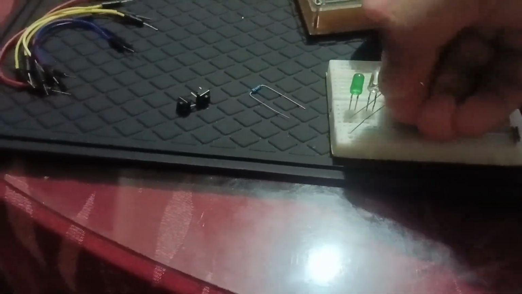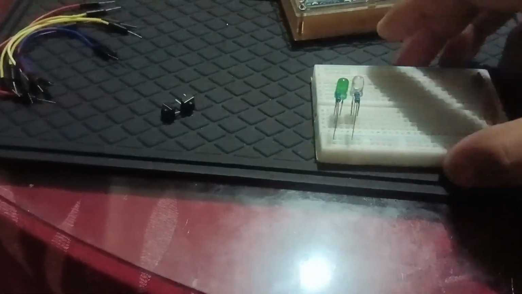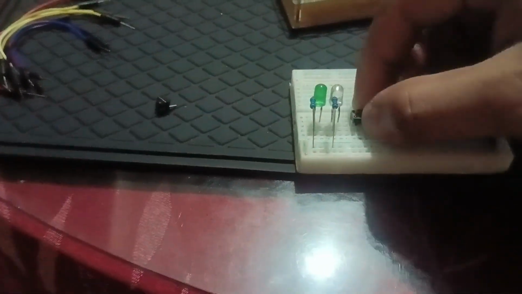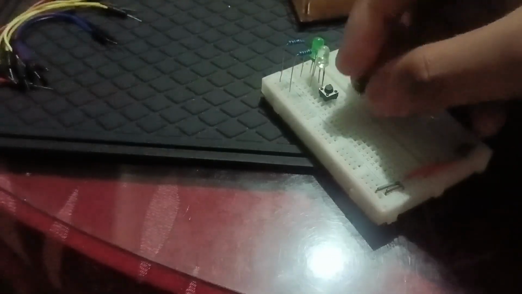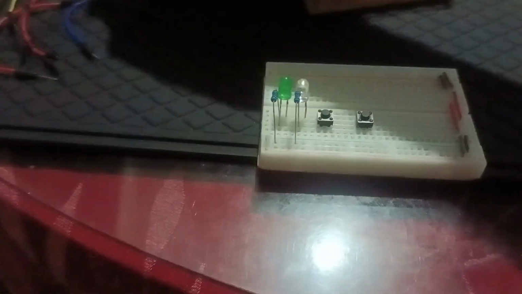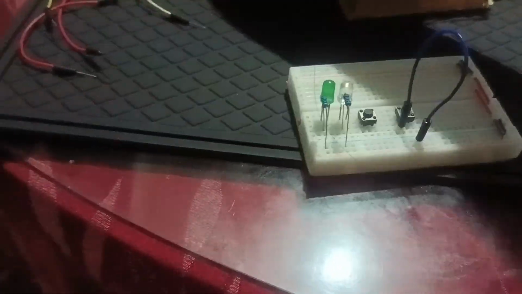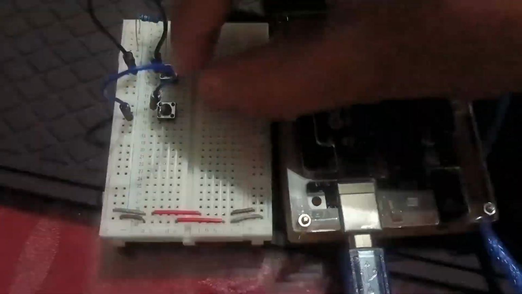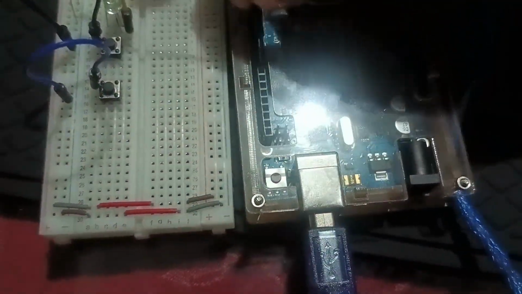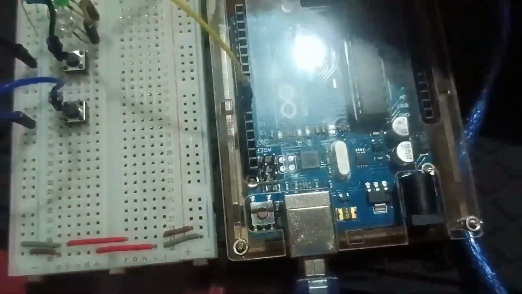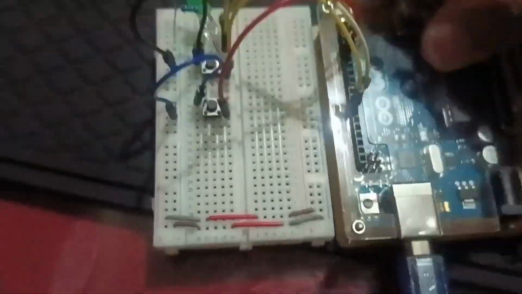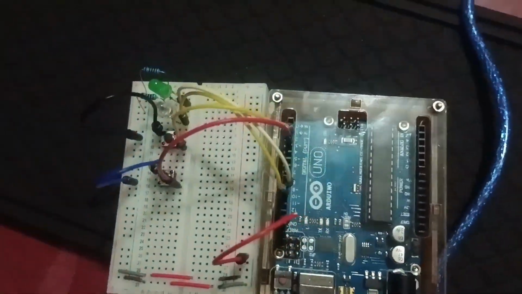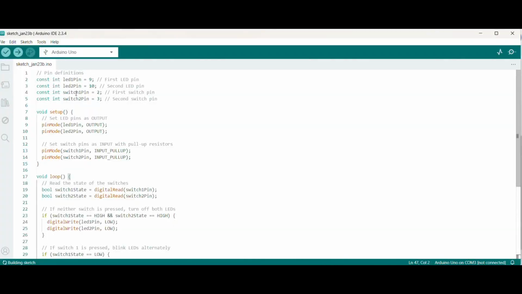So let's just copy the connections in the schematic diagram provided earlier in the video. This is how our circuit should be built.